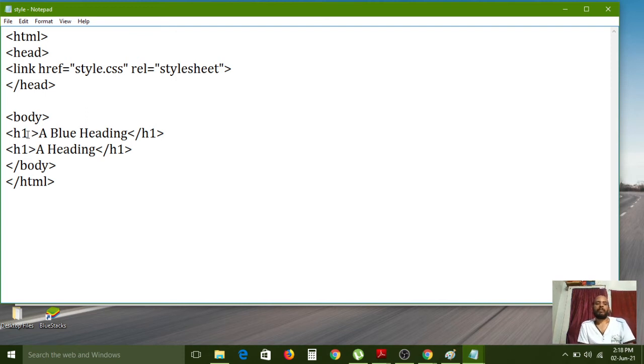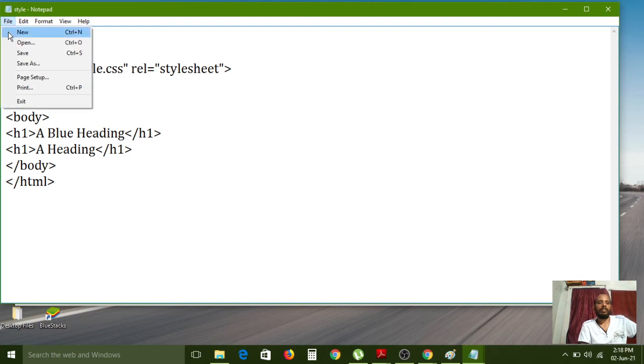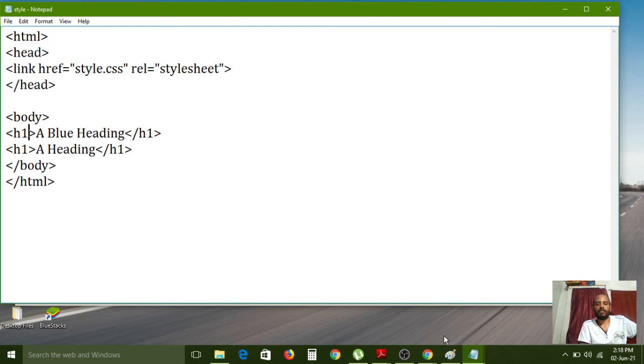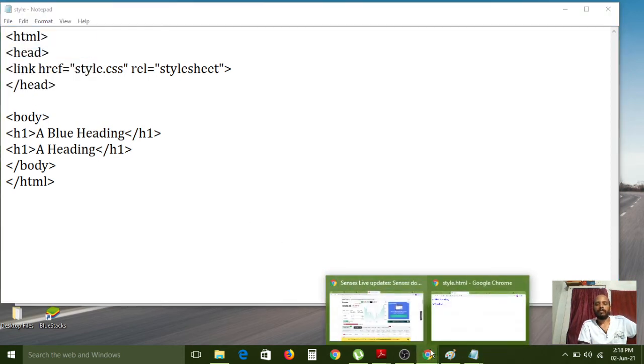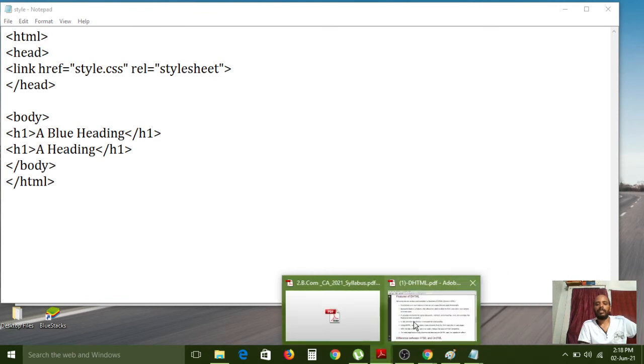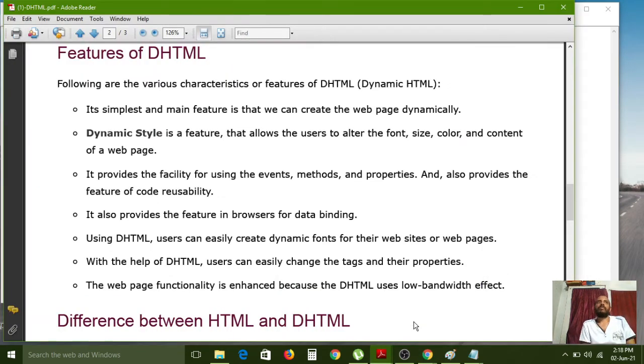So to avoid this type of burden, if you want to use pre-used code again, then this external style sheet file is very useful. Nothing but code reusability is possible here. Understand? So that is the meaning of code reusability. Once you define it, if you want to use it a number of times, then you can use it simply.